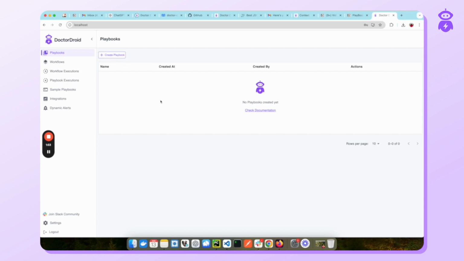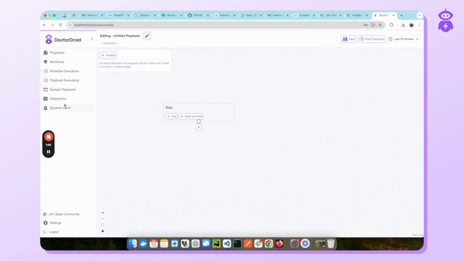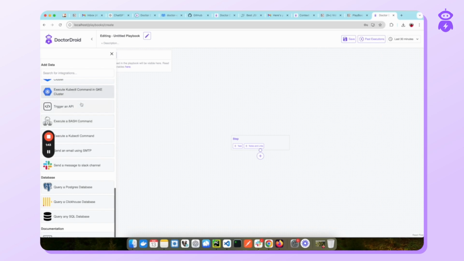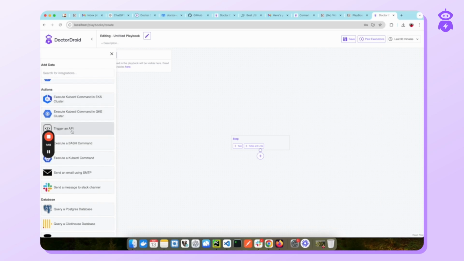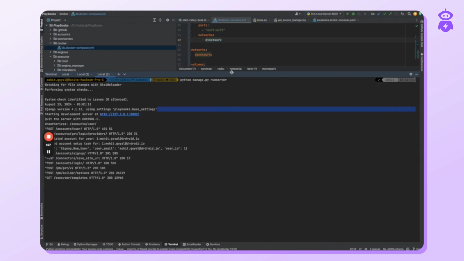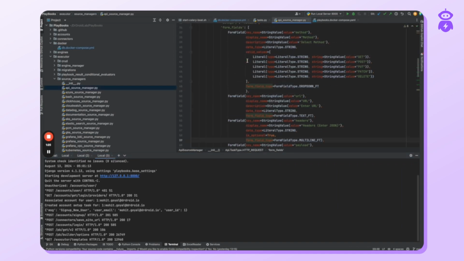Now, how do you test whether your changes are working or not? Let's take an example. If I try to create a playbook and try to create an HTTP task, the fields in these forms are powered by one of the backend APIs. Now, let's try and change something in that form. Suppose I remove the method field in the API task